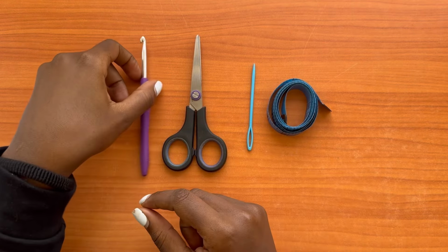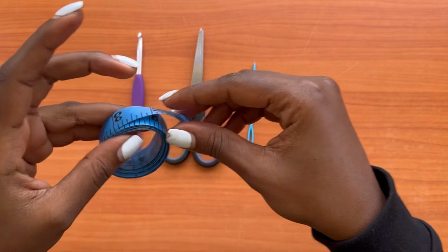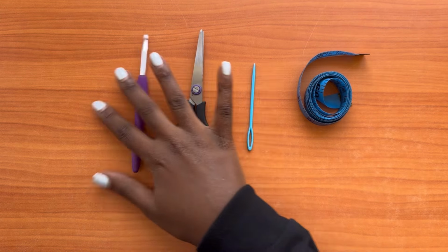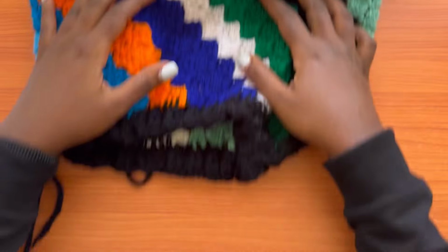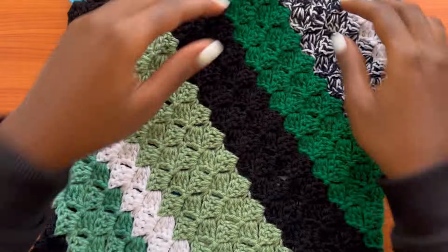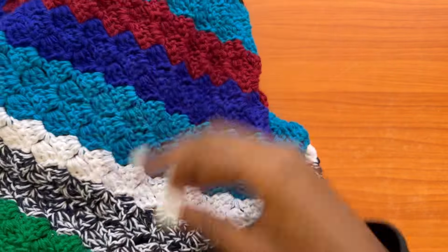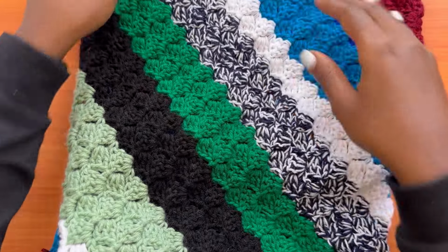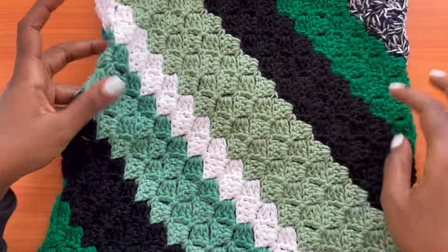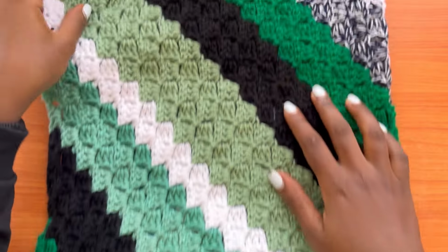So for the materials, you will need a 5mm crochet hook, a pair of scissors, a darning needle, and a measuring tape. And then for the yarn, you will need different colors. Actually, this is a project that you can use to make use of your scrap yarn. I have all this going on. I used different colors at different stages. At some point I was having two strands of two different colors, as you can see here. Then we have the plain colors and then the mixed up colors. So any scrap yarn that you have around, as long as the thickness is the same, should be able to work. So for me, I used a DK weight yarn, and for the yarns that were a bit thinner, I